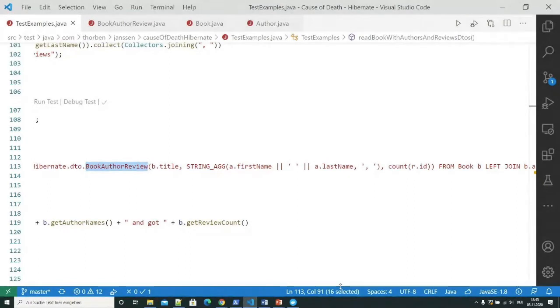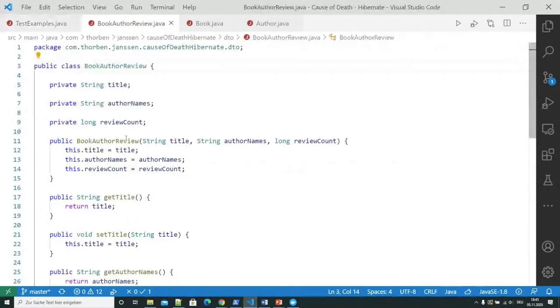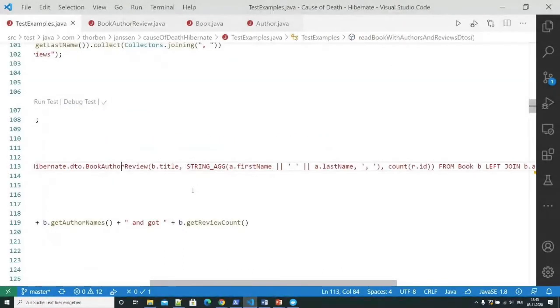But I totally get the issue that you then create lots of DTO classes, and at some point it affects the maintainability of your application. So what you could do in such a situation is just add an additional attribute here, maybe create a second constructor, or fill it with a null value, and then reuse the book author review class for both use cases.